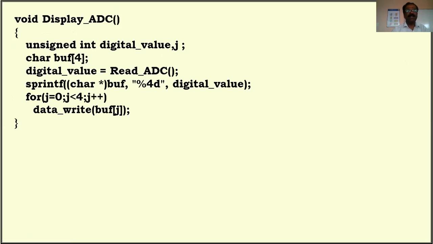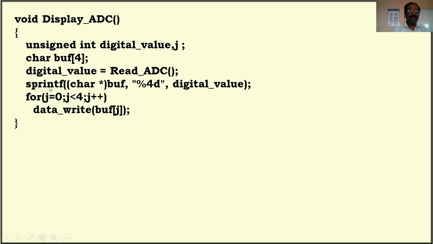If it is 3.3 volt, then the digital equivalent of 3.3 volt is 1023. That 1023 is available in this variable. It is in the digital form, in decimal form. But if you want to display 1023 or 1000 or 500 or 512, whatever it may be depending upon the analog input, we have to display it on the LCD. If you want to display something on the LCD, it must be in the form of ASCII code, in the form of a string. We have to convert this particular digital value to the equivalent string.